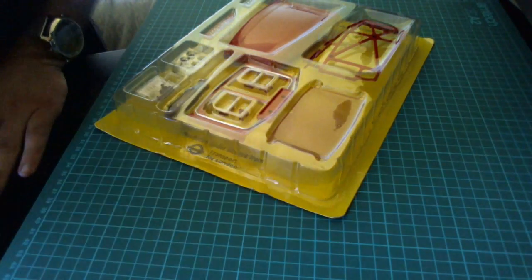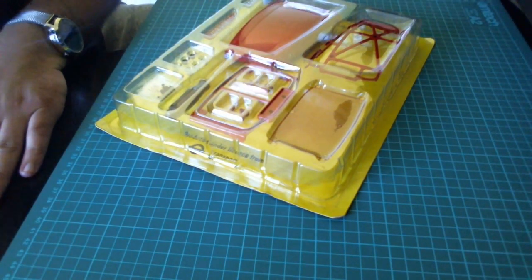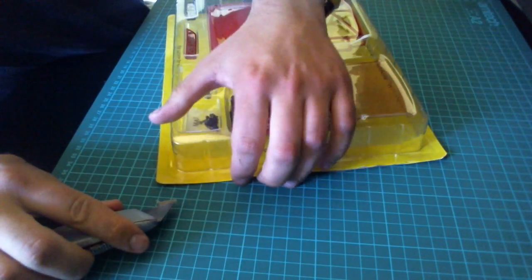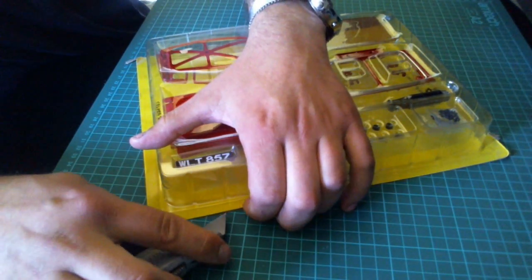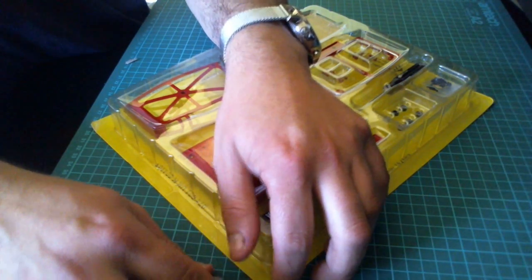Right, so I am just going to carefully open this package, and then we shall go from there, and I shall go through all the parts that we get included. As normal, those of you that are doing the part works, you know you get quite a lot of parts in issue 1, and then as you go along you may only have the odd part, 1 part, you might have 2. That's just the nature of these builds. So we'll have quite a lot to do in this first issue,